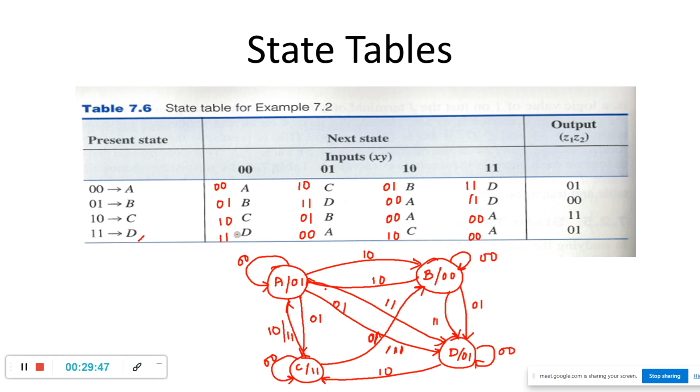Those are known as transition equations. After that, we have written a transition table. After that, we have written an excitation table. After that, for the transition table, we have written a state table. After the state table, we have written a state diagram. And this is the last step for the